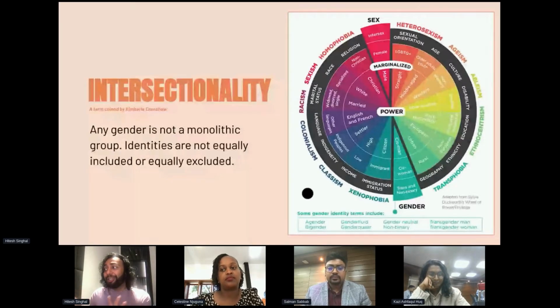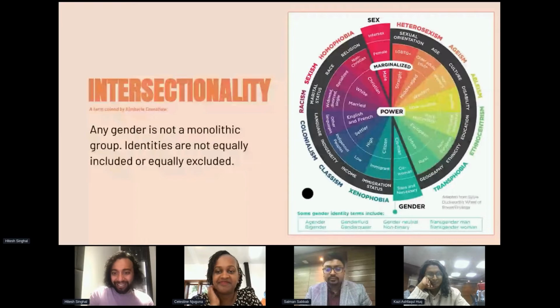We really use this diagram as our baseline for understanding what identities might be at play when we are working on a project, and then how we actively consider those identities when we are designing for everyone. We'll come back to this and practice what that looks like in our practice exercise. But I'll pass the baton to Celeste to continue walking us through the next section.